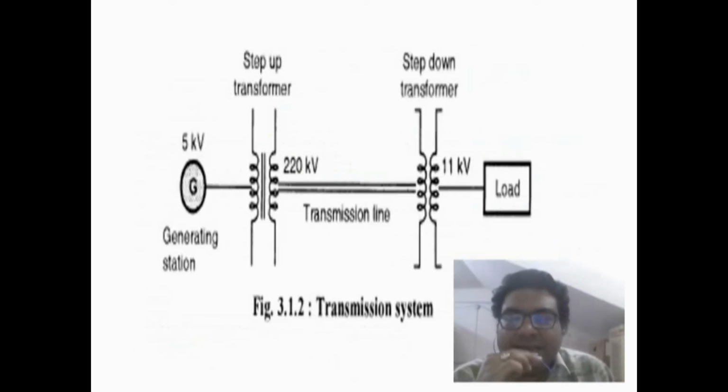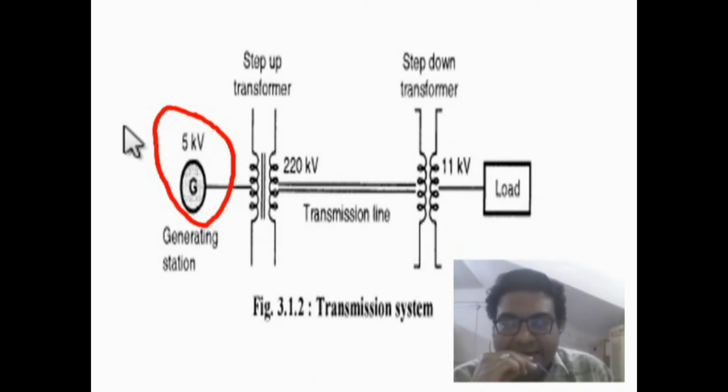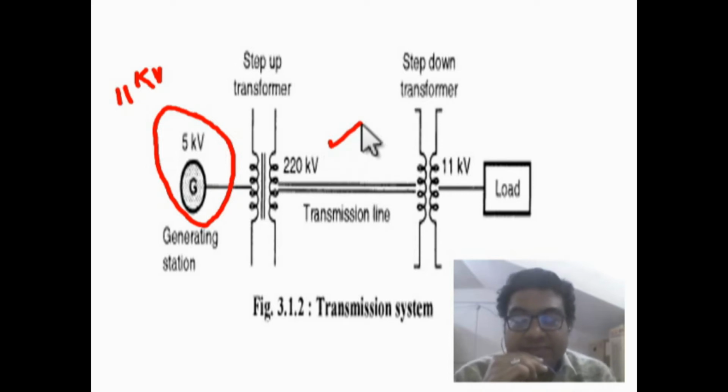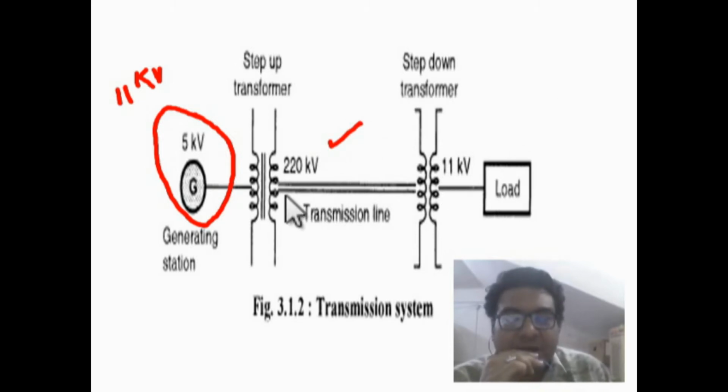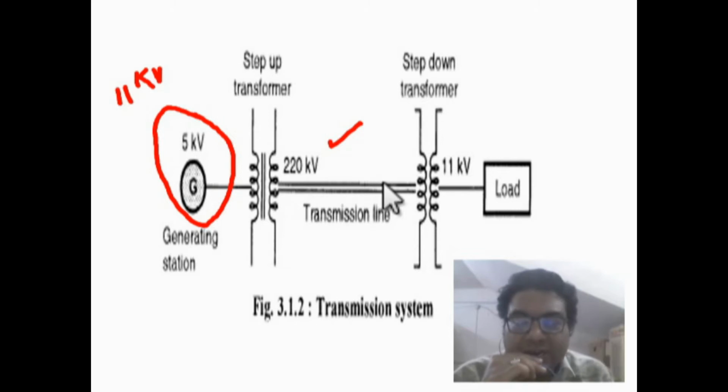You can see here, guys, this is the single line diagram of a transmission line. See, this is the generator section, the generating station, where power is produced at 11 kV. Okay, Indian standard is 11 kilovolt. Then this voltage is stepped up to 220 kV, 400 kV, 765 kV. So there are various ranges of transmission line voltage. Then power is transmitted through steel towers.